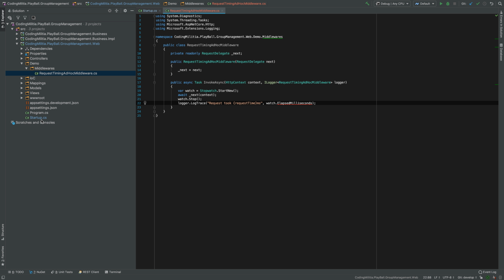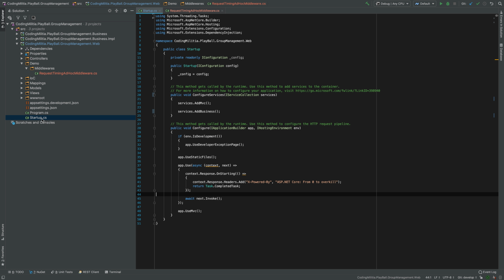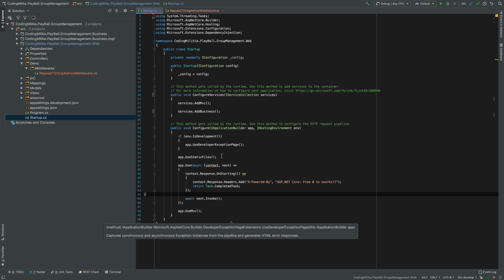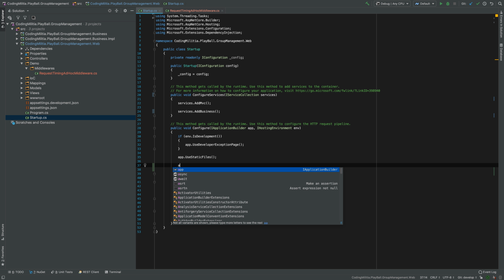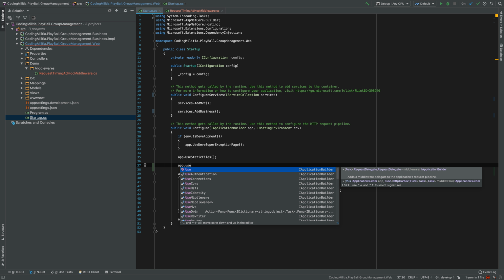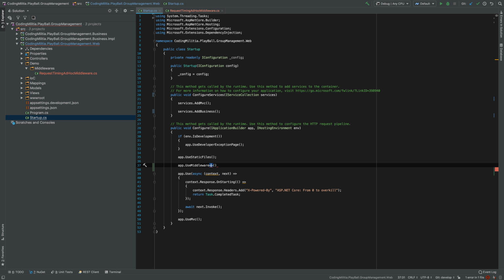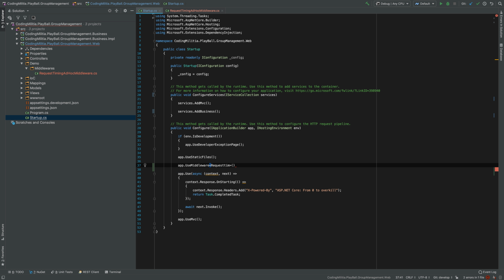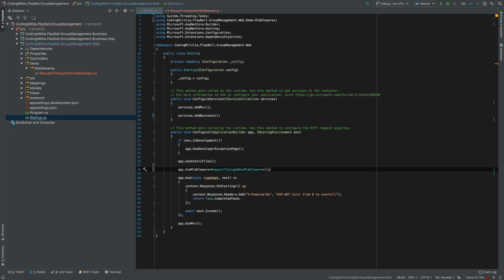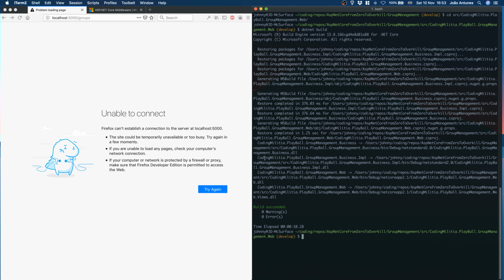To put this to use, we need to go to Startup, and like over here, for instance, we can do app.UseMiddleware and request timing ad hoc middleware, and it's done. So now we can go here,